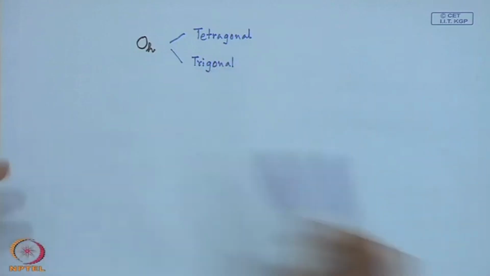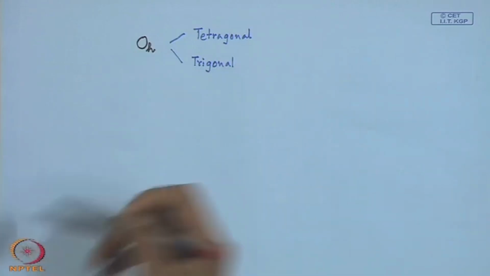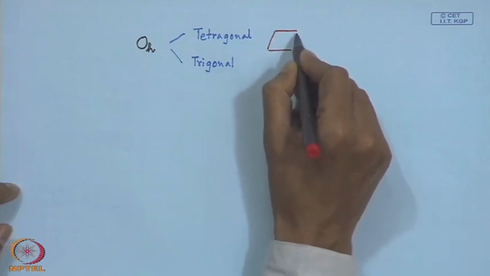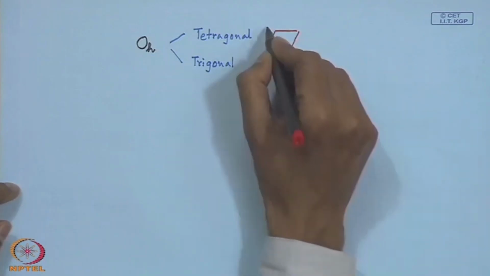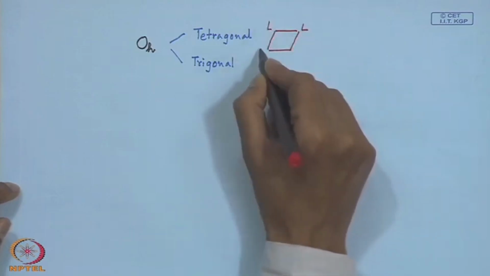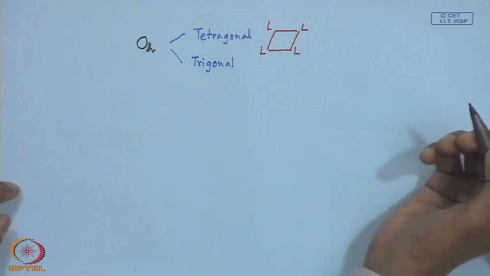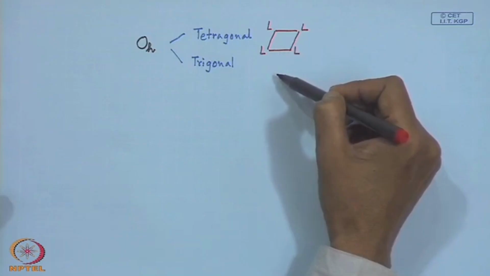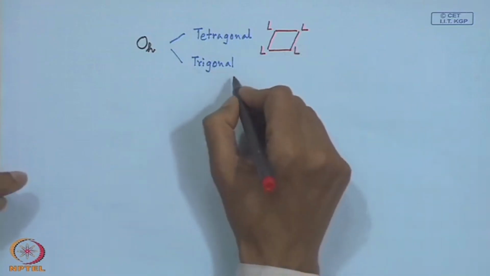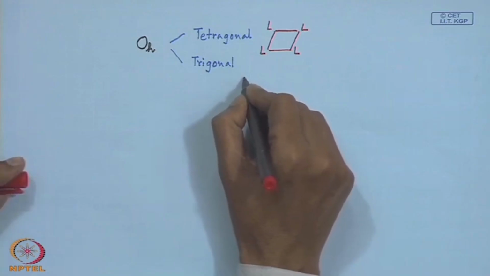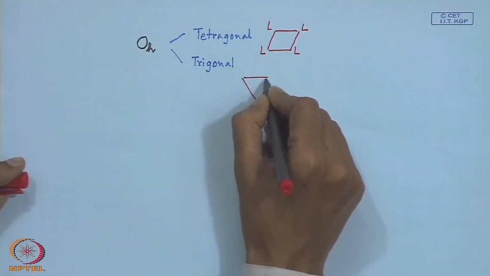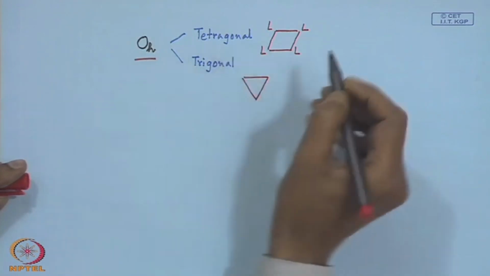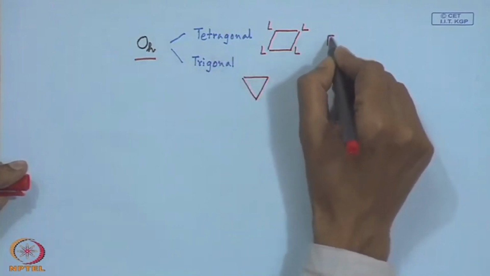So in case of tetragonal distortion, what we see is that we are focusing our attention on a tetragon, that means the plane which is the square plane, which contains 4 ligands and 2 other ligands in the octahedral situation. One is above the square plane, another is below the square plane. But when we talk in terms of the trigonal distortion, we will be focusing our attention on the corresponding trigonal planes, because one particular octahedron can have 4 such